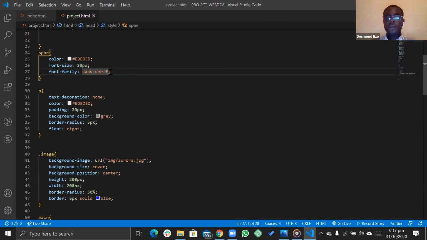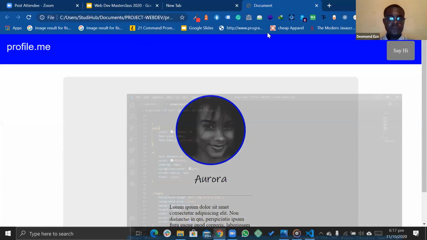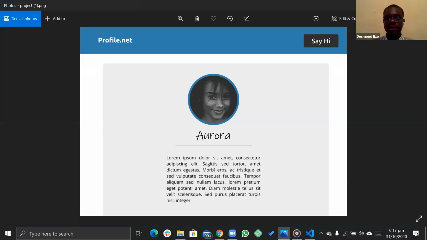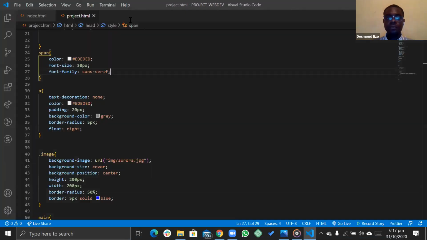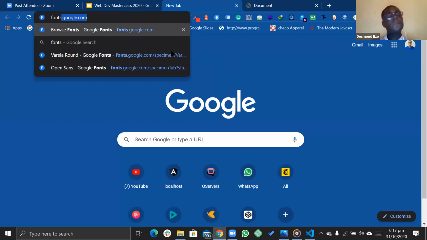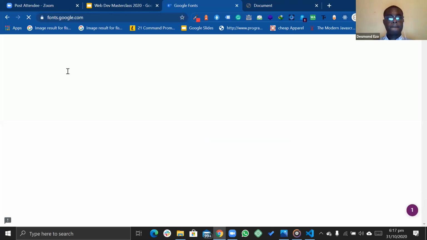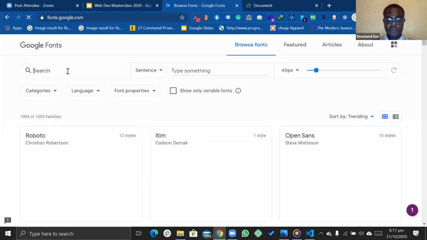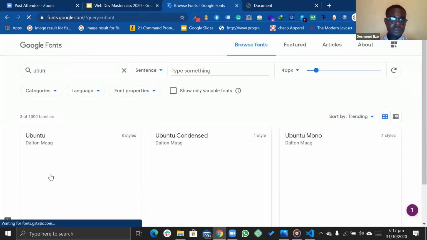So now, it's called Ubuntu. This particular font, I think you can find it here. You can find it on, why did I even close that tab? Fonts.google.com. You can find it here. It's a font called Ubuntu.